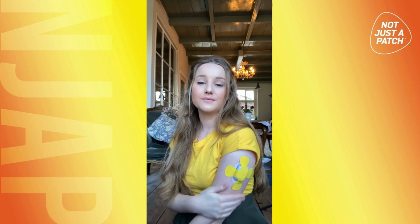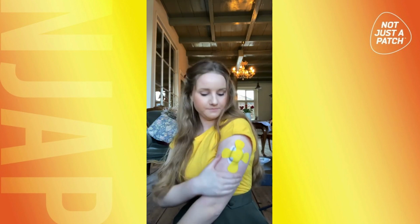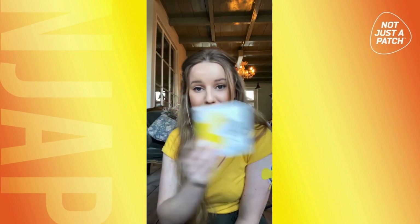I really like to use them in summer when I'm sporting and swimming and sweating and everything. So it keeps it in place. Yeah, so really happy with it. They have all different kind of colors. I also have pink ones and purple ones. So you can just choose whatever you want to, and they come in a pack with 20 pieces, which is